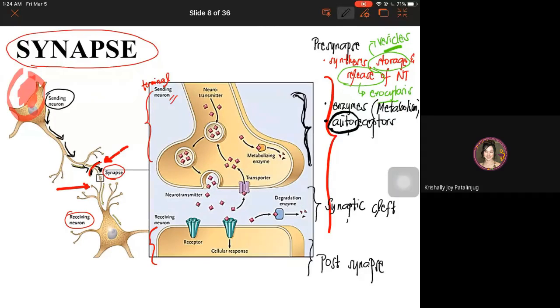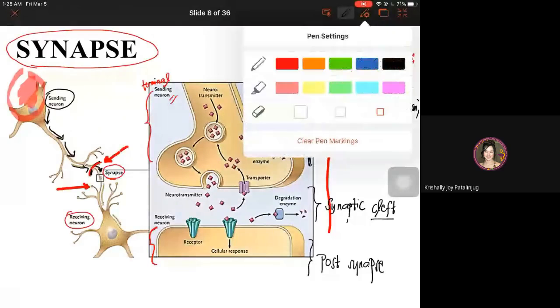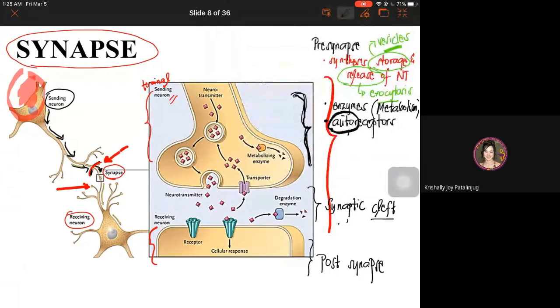Next, let us proceed to the synaptic cleft. In the cleft, the importance is that enzymes are found here. That's all. Okay? Enzymes are found here. So, there are enzymes found in the cleft. Repetition is learning. So, what happens if there are enzymes? Metabolism occurs. Okay? And finally, in the post-synapse, please take note that the majority of receptors